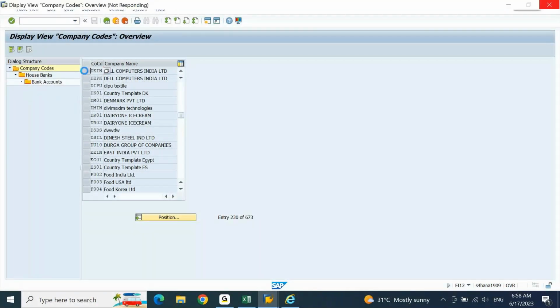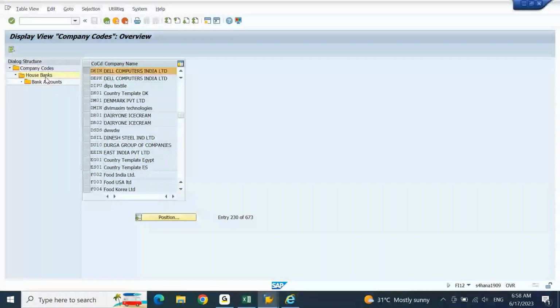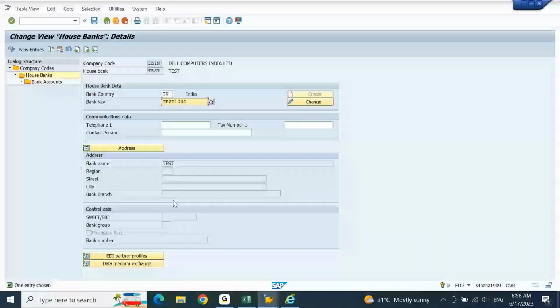House bank. Currently this is not updating because I did not refresh the screen, which means I need to go out and then re-enter so that the updated data will be reflected here. /n FI12 once again,